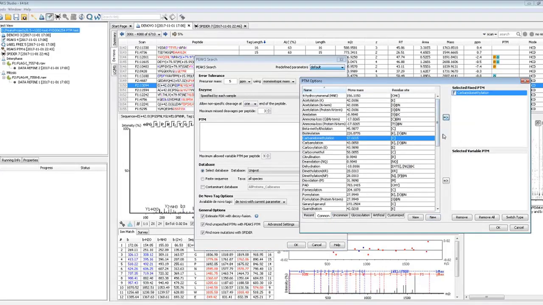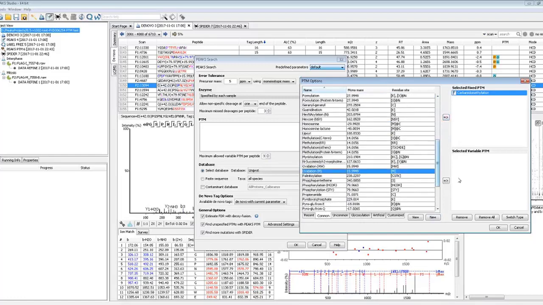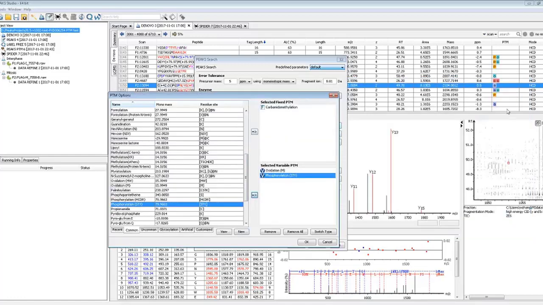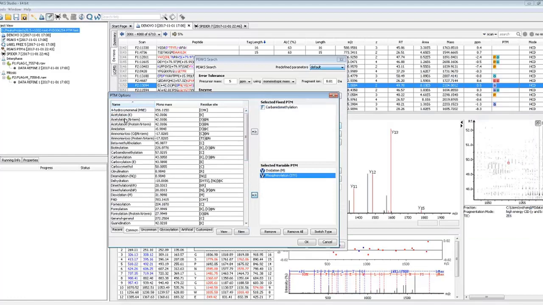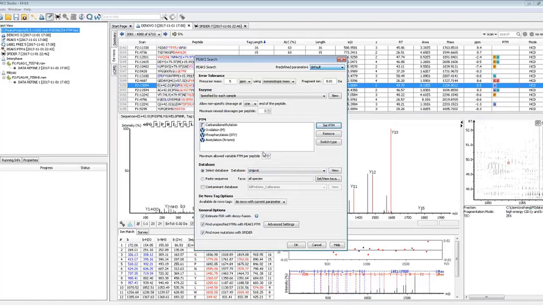So in this case, we selected carbamidomethylation, oxidation, phosphorylation, and acetylation, the N-term. And then you can include up to 10 variable PTMs there. And then keep in mind here that while we are limited to 10 variable PTMs in this PEAKS DB search in order to keep the speed of the search manageable, down here in the general options, you can see that